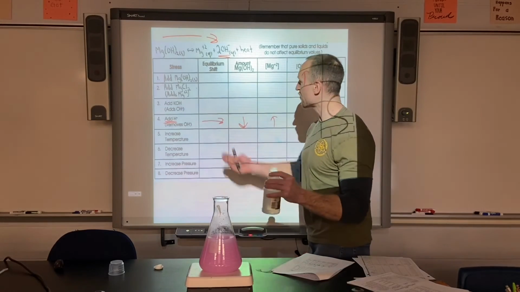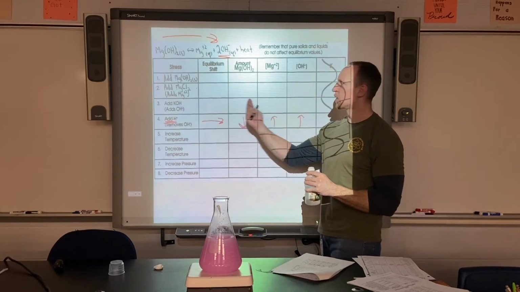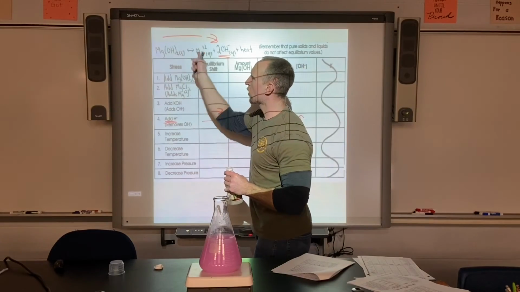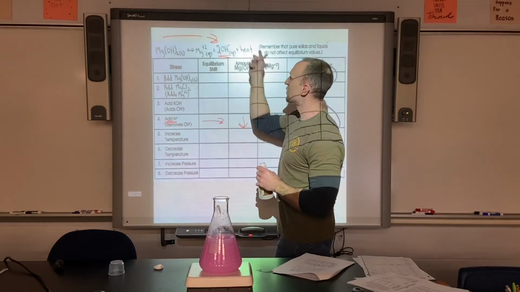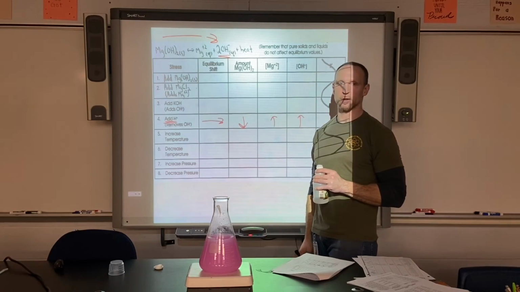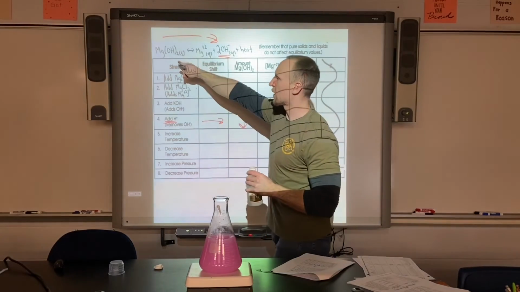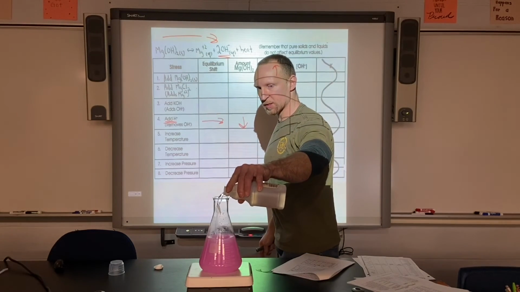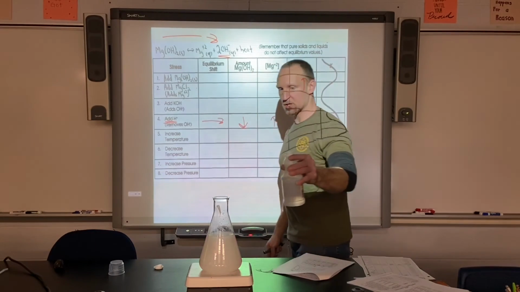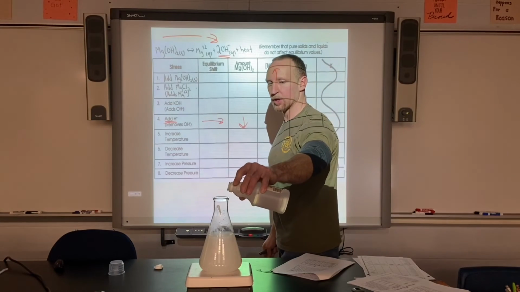But every time I shift right, I'm breaking down more and more insoluble magnesium hydroxide and making more ions in solution. So every time I do this, I'm getting less and less reactant and more product. So if I keep doing this, what's eventually going to happen? I'm going to use up